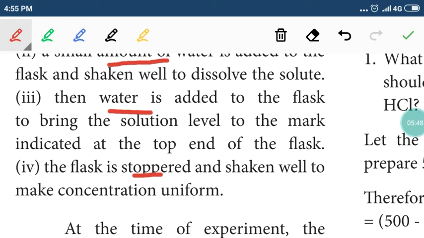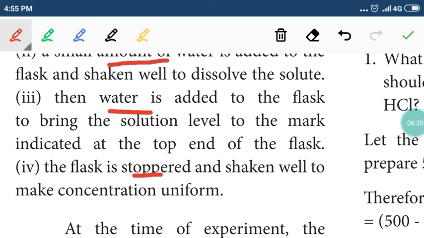We take an example. We are going to prepare a one normal solution. In the laboratory, we are going to prepare one normal sodium hydroxide solution. How can we prepare it? We take 40 gram of sodium hydroxide because the equivalent weight of sodium hydroxide is 40 gram. We already studied these basic concepts: what is molecular weight, and from the molecular weight or molar mass, how to calculate equivalent mass.